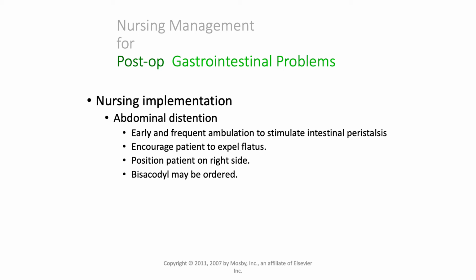So, early and frequent ambulation, that's when you start seeing people walking up and down the hall, pulling their IV poles with them. They've got one hand on the IV pole and a very determined and sometimes a little bit desperate look on their face, and they're walking around and around the nurse's station, up and down the halls. Those are the folks with postoperative ileus, and they're trying to walk because they know that will stimulate peristalsis,